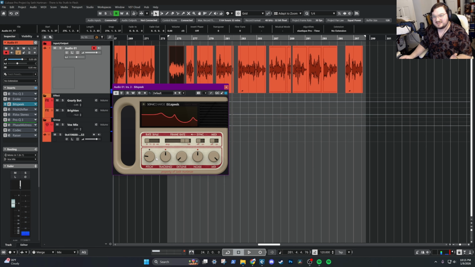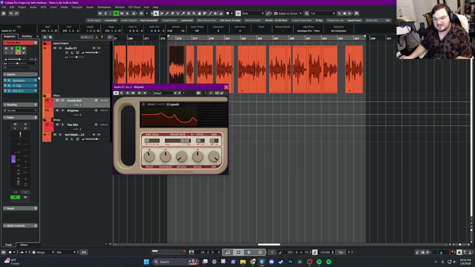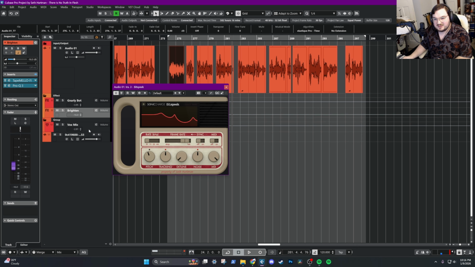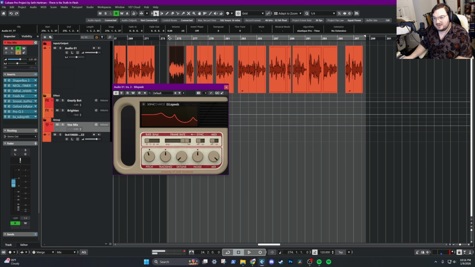I'm like, okay, that sounds cool, but that doesn't sound like Warhammer. That sounds like a Speak and Spell, which is cool, but not really what I was going for. I replaced this, so I don't remember the exact settings that I had, but if I basically enable everything and put it into the chain, we can see how it sounds here. And maybe this will be good. I don't know. I modified it once I changed this plugin out, so let's see what this sounds like.